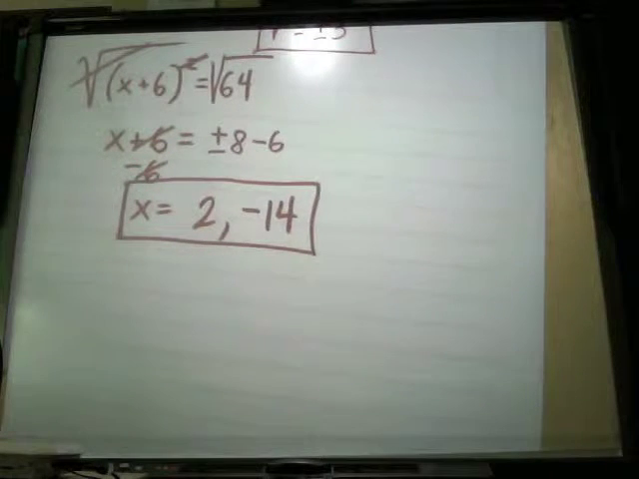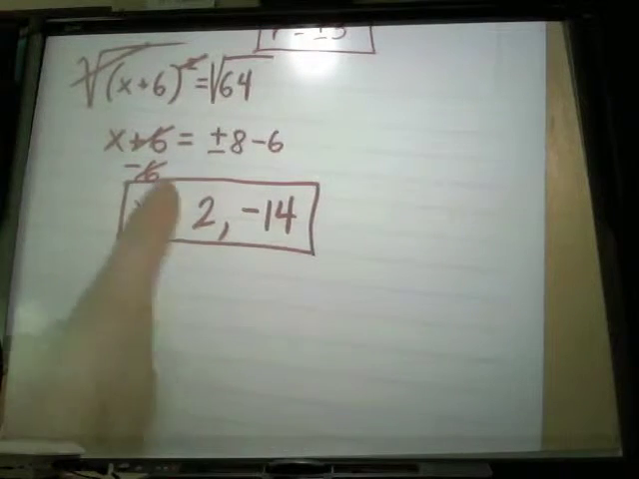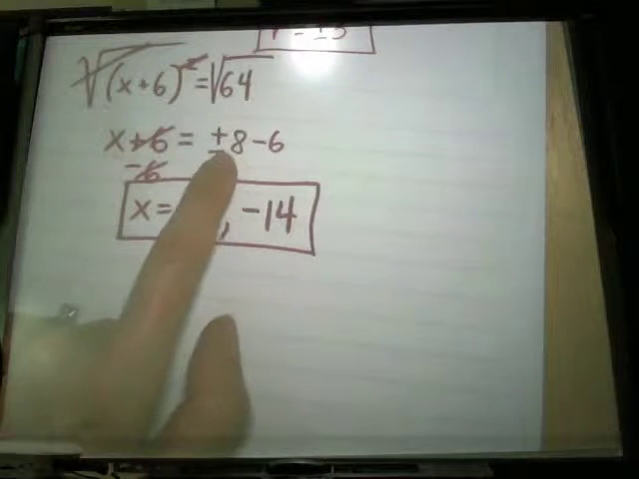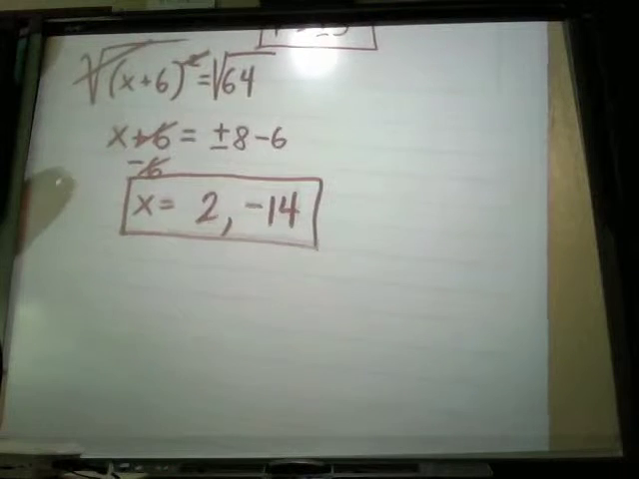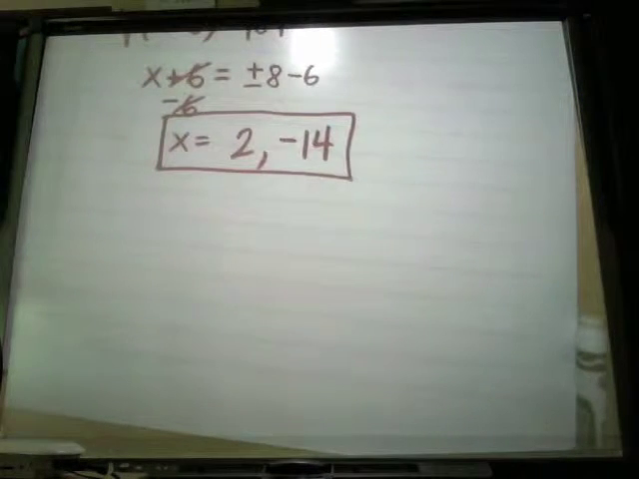So that's where that plus and minus really becomes crucial, because you can't just say 8 is the answer. Or if you did 8 minus 6, you'd say 2, but there's two answers. I need that negative 14 also. Okay, now,